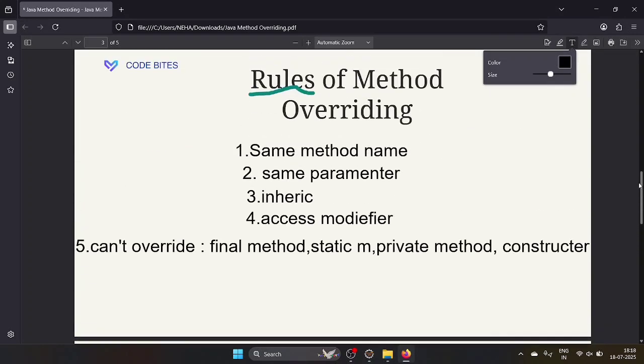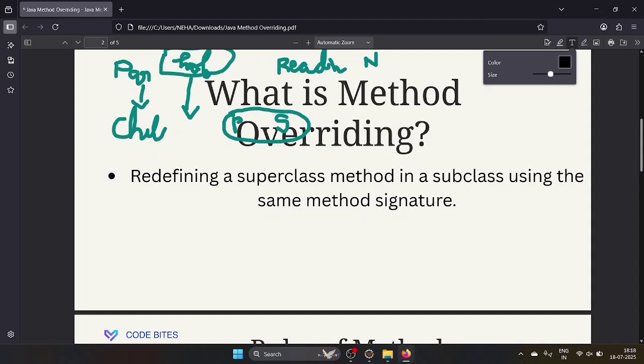So we will quickly understand once again. Method overriding means when a subclass provides a specific implementation of a method that is already present in the parent class. You are changing the body of the method that is already defined in the parent class. That we call method overriding. We use it if we want to give specific behavior, and we can achieve runtime polymorphism. Don't worry, I will explain this in the next class.